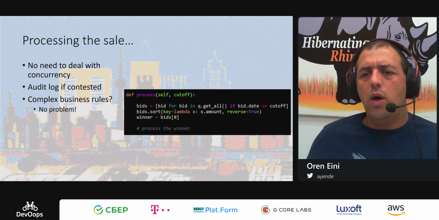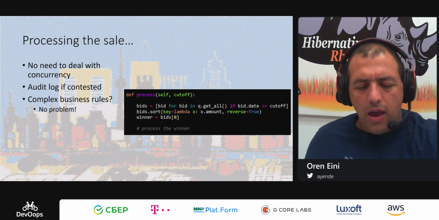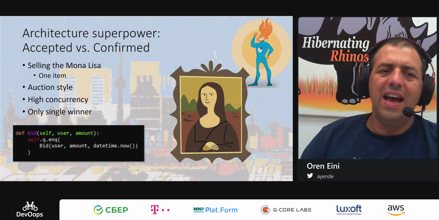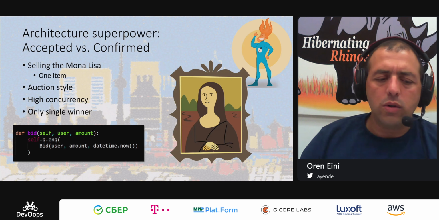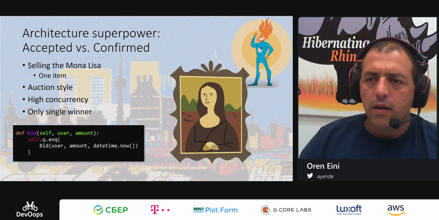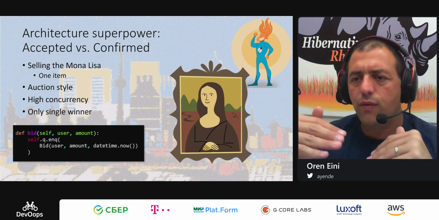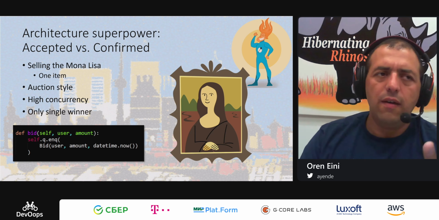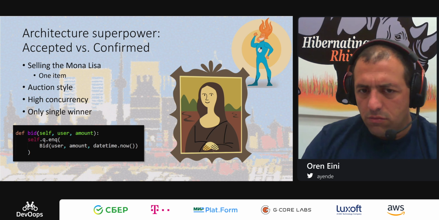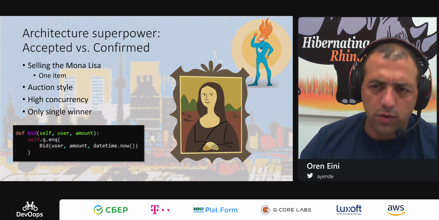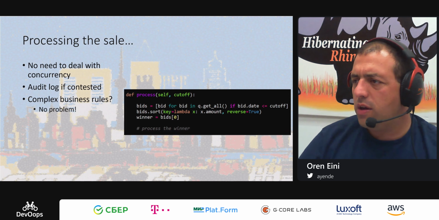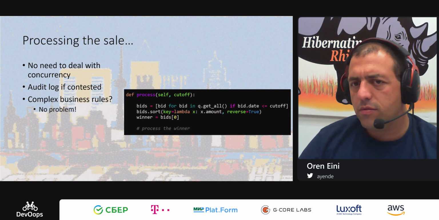Notice how this has been a tremendous boon for me. I went from, okay, I have to deal with 50,000 concurrent users and somehow trying to figure out who is the winner at any given point in time, to, okay, find the maximum value. And I don't care about validation rules and whatever. And then just running this piece of code to find who the winner is. And now I'm done.